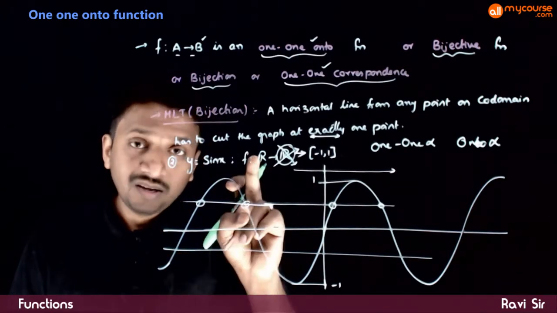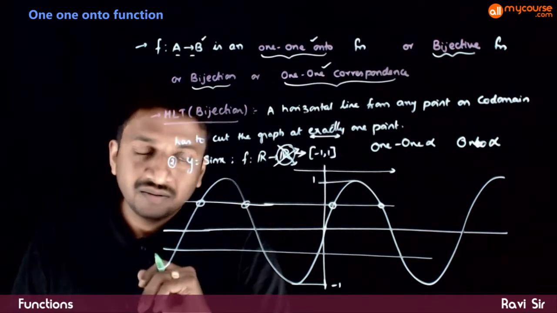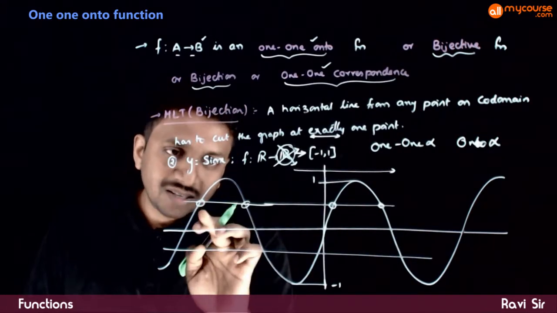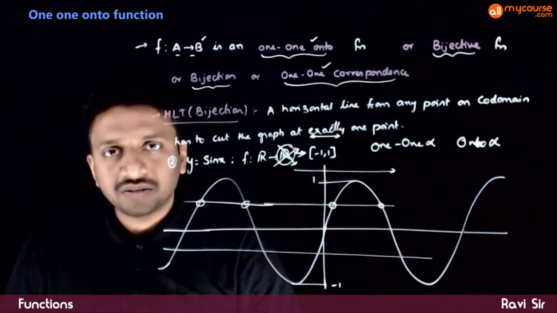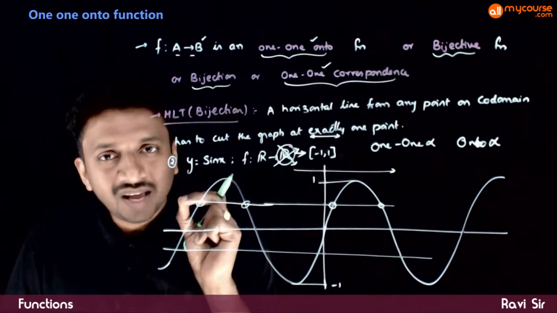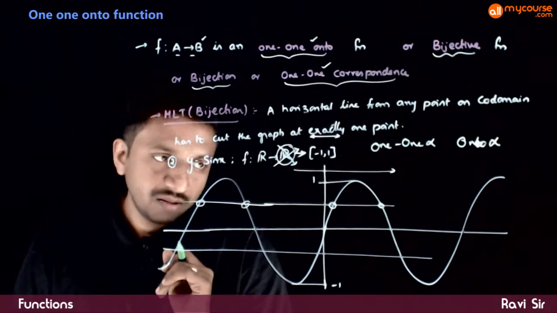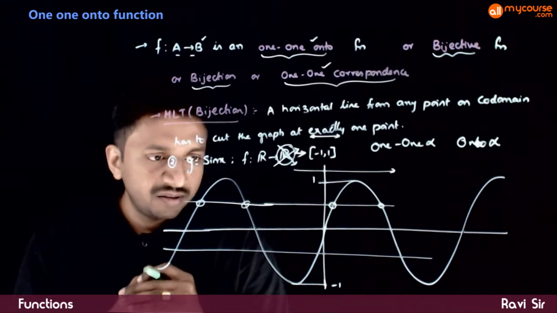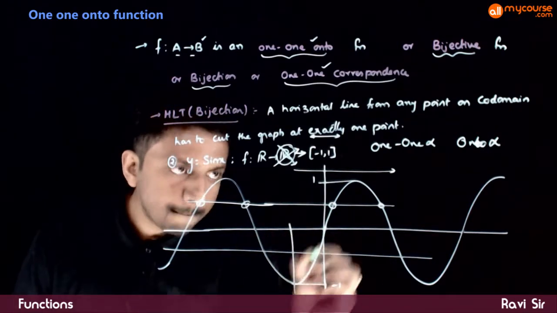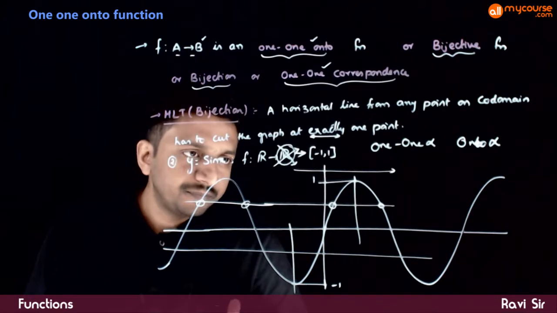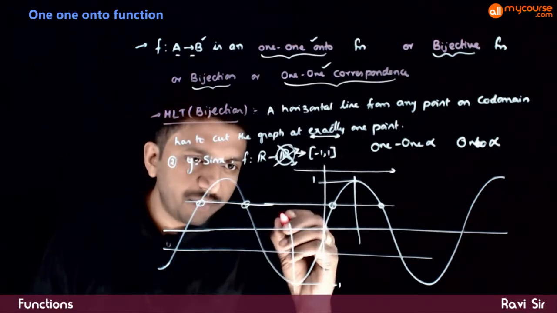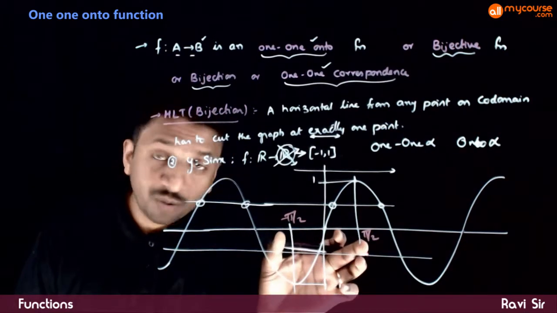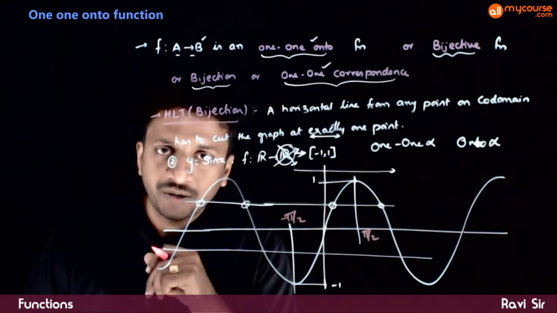Now, how do I make it a 1-1 function? What is the problem with 1-1? If you draw a horizontal line, it is cutting the graph at infinitely many points. But I want the cutting to be at 1 or fewer points. So I can do an appropriate restriction of the domain. So if I restrict the domain from -π/2 to +π/2, the domain of sin x from -π/2 to π/2,